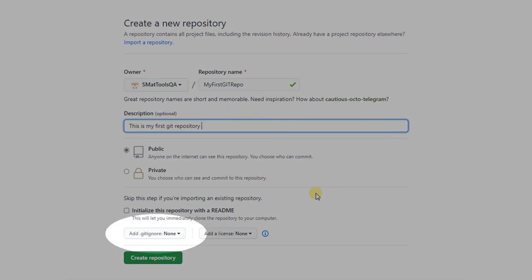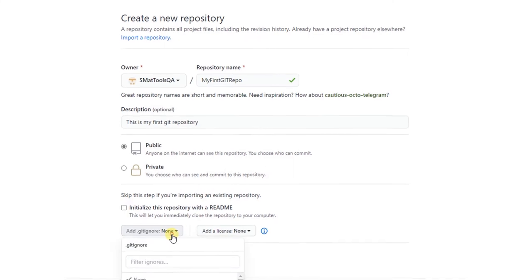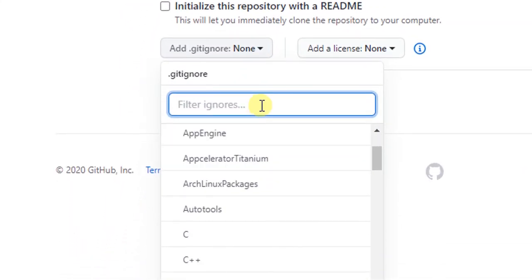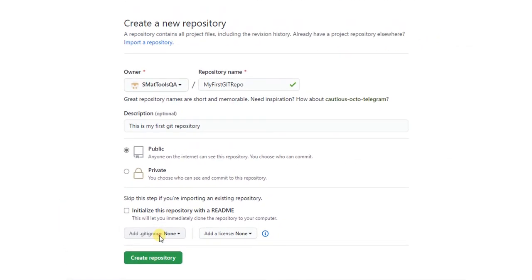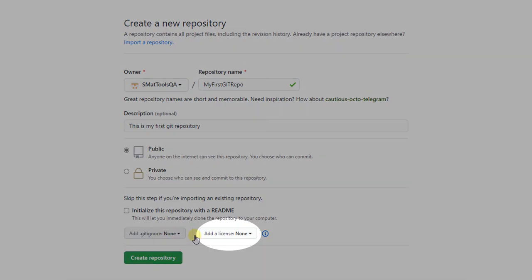Now the next option that we have to choose is whether we want GitHub to add a gitignore file to this project or not. Note that just like gitignore.io, even GitHub provides an option to create a gitignore file based on the language or the IDE that we are using. The only restriction that I felt in the current implementation of GitHub is that we can only choose one option, whereas on gitignore.io, we can choose multiple options, which proves to be better in many cases. The next thing that we have to choose is what type of license we want to add to this repository. In our case, we won't add any, hence we will choose the option none.